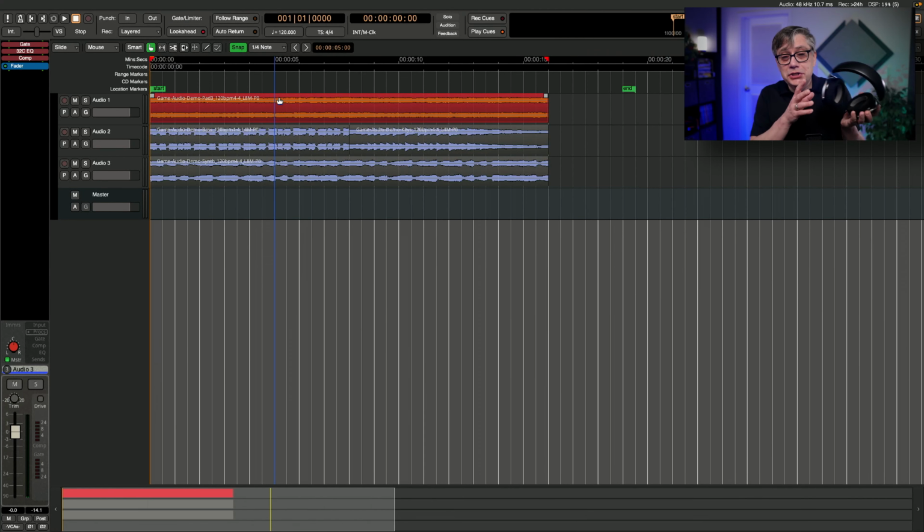But let's return to MixBus 10. Why does the Dolby Atmos Composer work so well with MixBus? And what do post-fader inserts have to do with that? Let's explore that further. So what I have here is the same session that I also used in my previous two videos. Let's just listen.